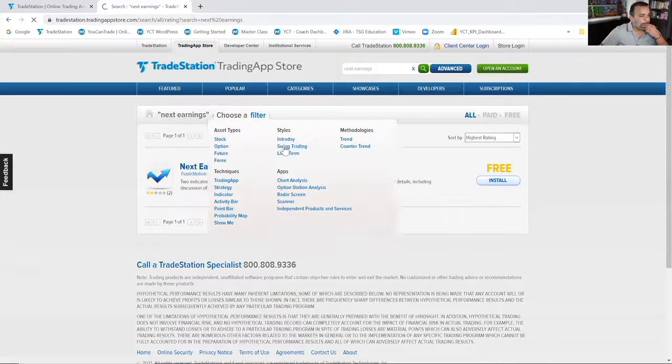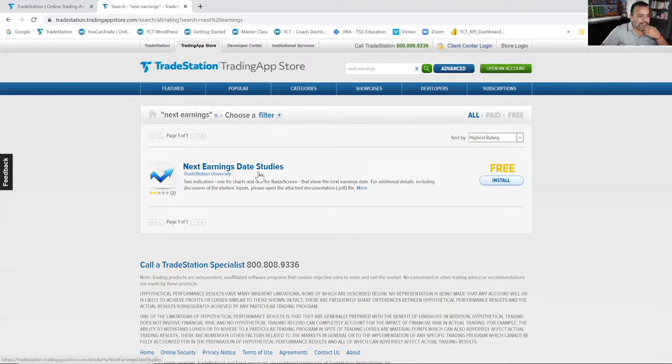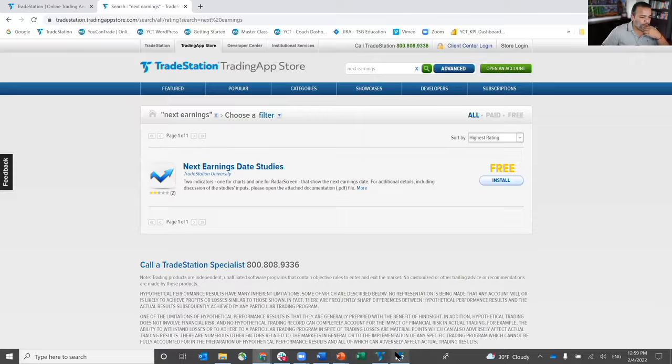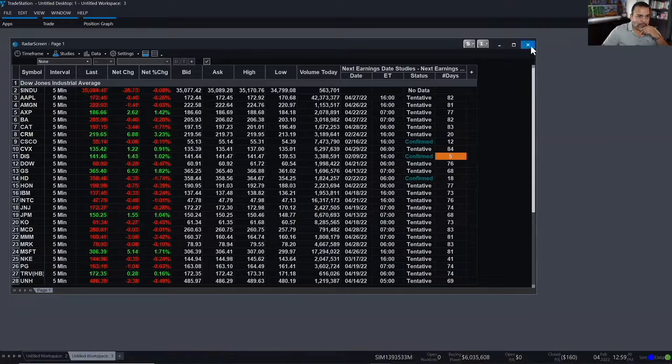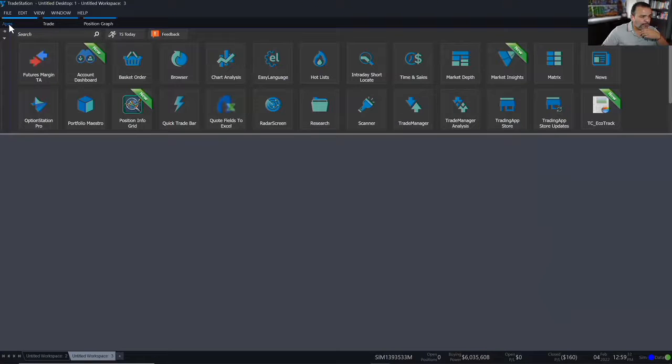Search. And here it is, next earnings date studies. So you can just install it from here and you'll have it as the list of studies on your TradeStation platform. All right, so one window that I wanted to show you, if you go to apps, you have one